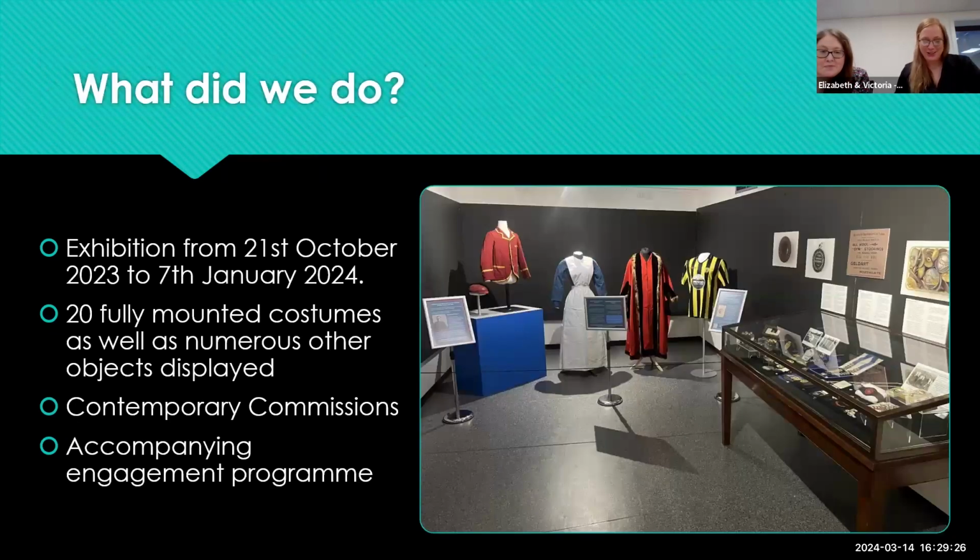So what did we actually do? The ultimate goal was to put on an exhibition called Buttons, Badges and Blazers: Uniforms from the Gloucester City Costume Collection. That ran from the 21st of October to the 7th of January. It included 20 fully mounted costumes, as well as numerous other objects displayed alongside 2 contemporary commissions and an accompanying